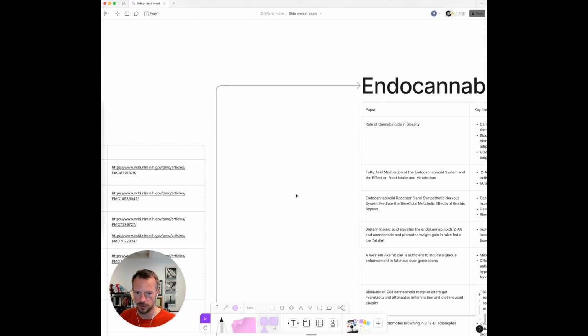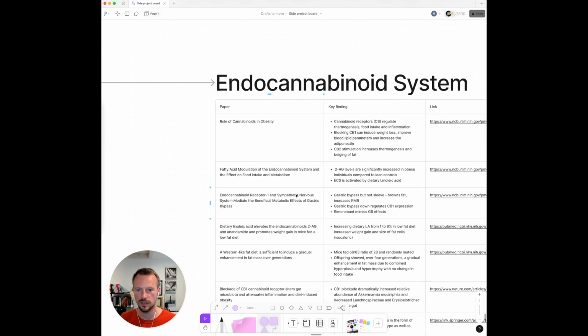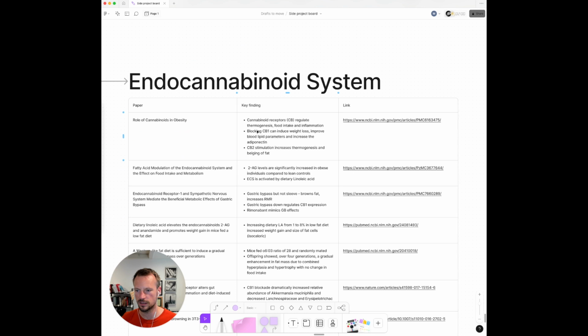So the first one I wanted to look at was the role of cannabinoids in obesity. In this study we basically discovered that the CB receptors can regulate thermogenesis, which is how much heat you produce, your metabolic partitioning to heat, food intake, and inflammation. If you block CB1, you can induce weight loss, improve blood lipid parameters, and increase adiponectin. So we know that if you have high fat, you want higher adiponectin to block off and to signal